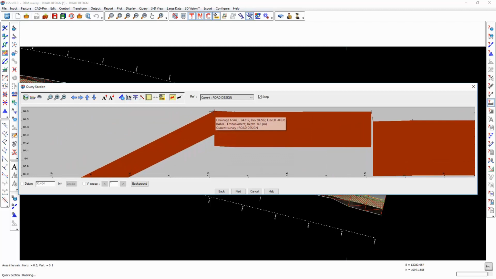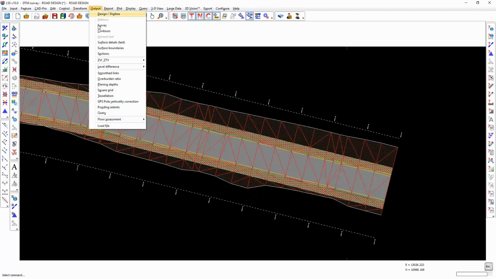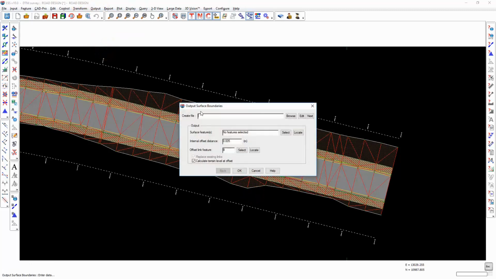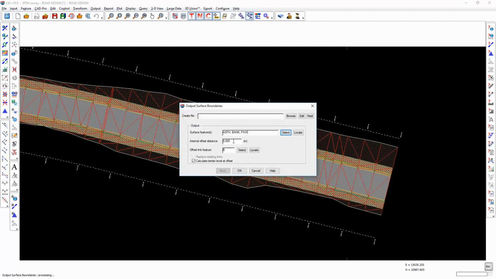The problem we have when exporting to machine control is that where you go from one surface feature depth to another, there is effectively a vertical face, and the machine control systems don't like this for obvious reasons, which is why we would go through the Output Surface Boundaries command first, select all surface features, and then just inside the boundary of each of those surface features by a user-defined amount,